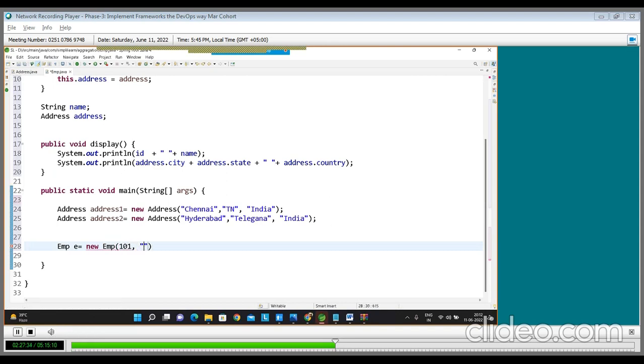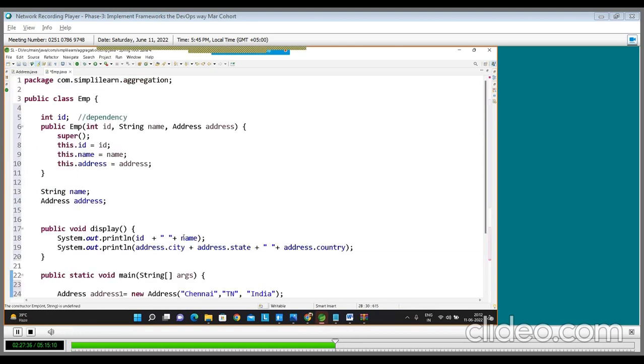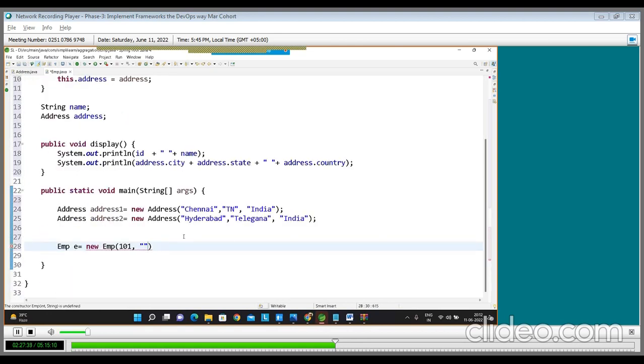Then next one, name, right? So take the name Venkat R, and we have address. So we'll pass address1. That's a reference. Observe here this address1 which contains this detail, and that is